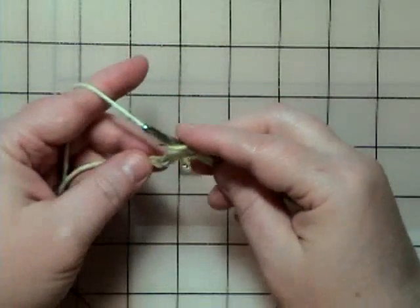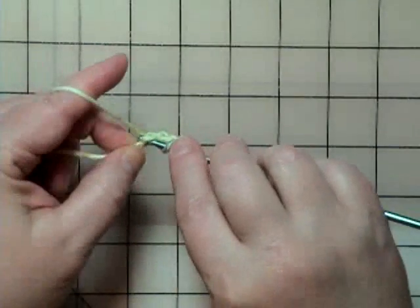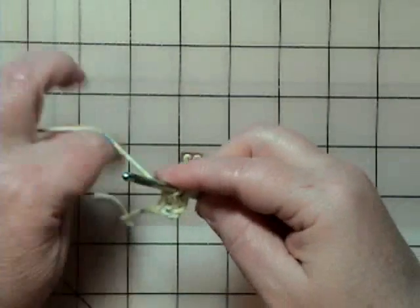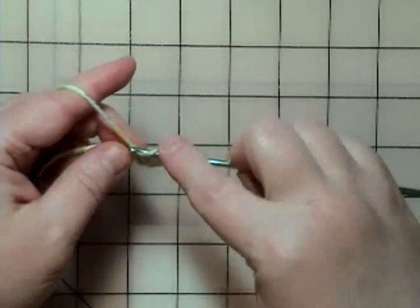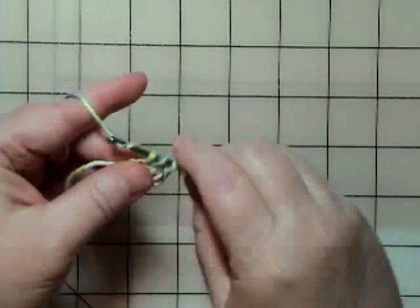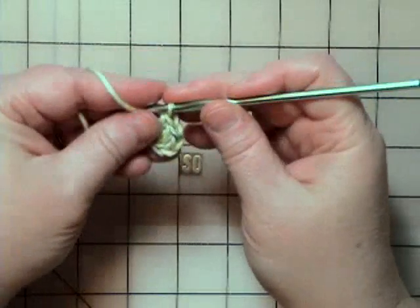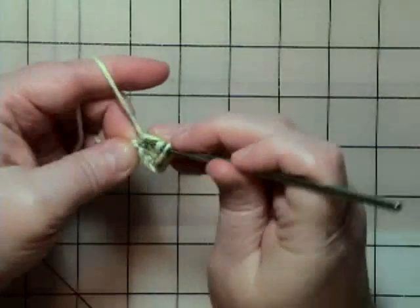So to do a double crochet, you yarn over, and then we're going to go back into that first chain that we made and do our first double crochet. And a double crochet is where you yarn over and pull through 2 loops, and then you yarn over and pull through the next 2 loops. Yarn over, go back into that same chain. We're doing all these stitches in the same chain. Yarn over, pull through 2, yarn over, pull through 2. And that's the double crochet, and like I said, that first one's counting as your first one,